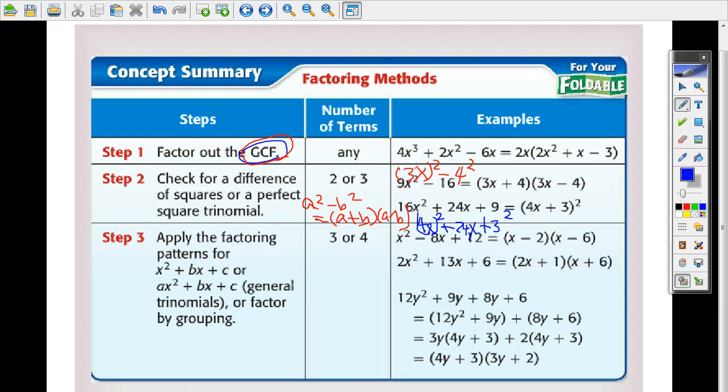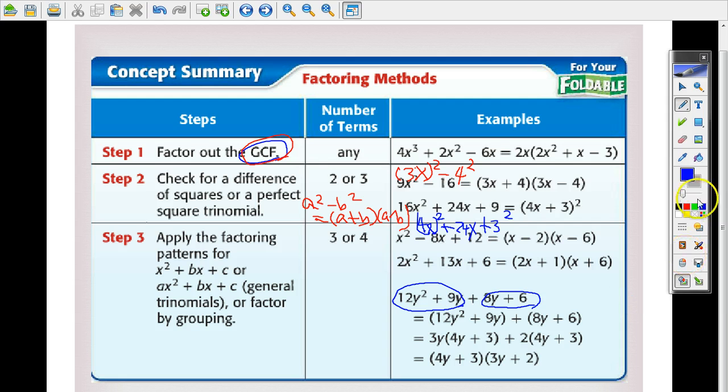Okay. Step 3. Apply the factoring patterns for x squared plus bx plus c or ax squared plus bx plus c, general trinomials, or factoring by grouping. Okay. So in this you may have 3 or 4 terms. So what you need to do here is you're just factoring until you can't factor anymore. For like this example here, you have 12y squared plus 9y,